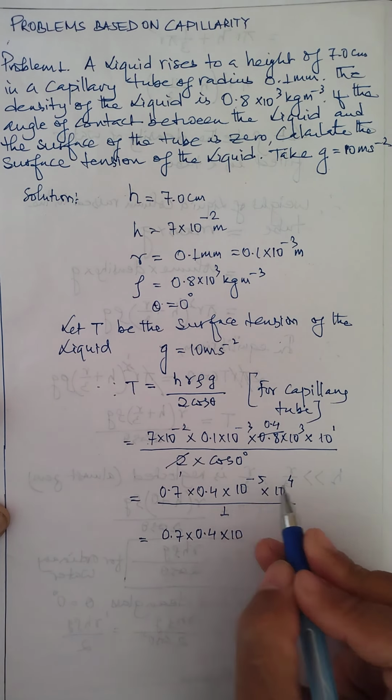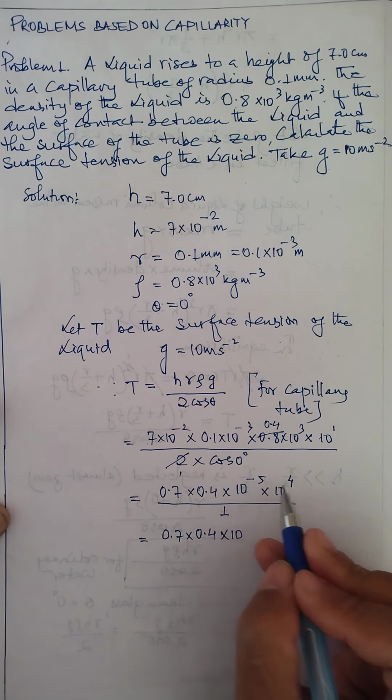Okay, now 7 4s are 28 into 10 to the power minus 1. Now 100 means 10 to the power 2, and that 10 to the power 2 I'll take from denominator to numerator as 10 to the power minus 2. Okay, so the value can be written as 28 into 10 to the power minus 3, because minus 1 minus 2 means minus 3. So T, the surface tension of liquid, is 28 into 10 to the power minus 3 Newton per